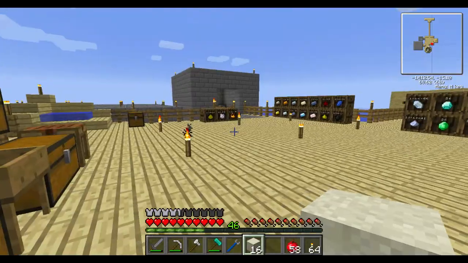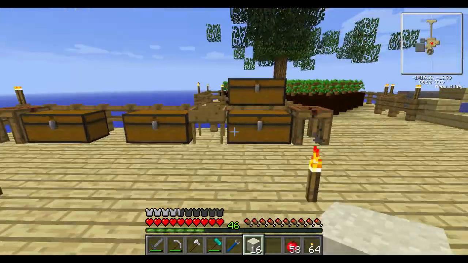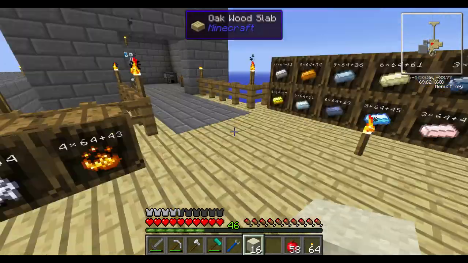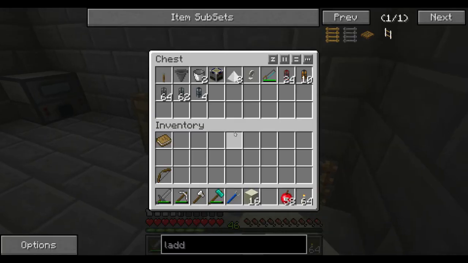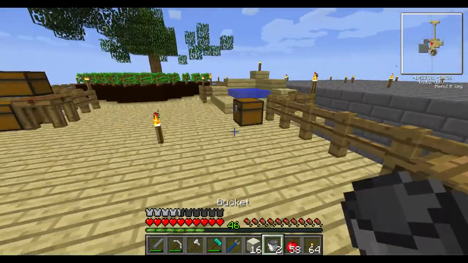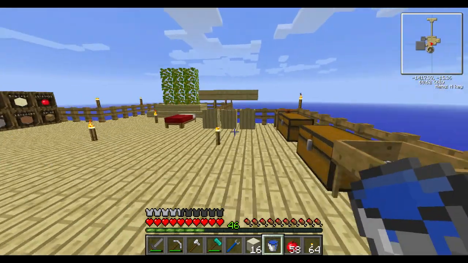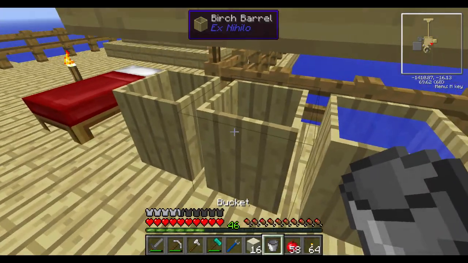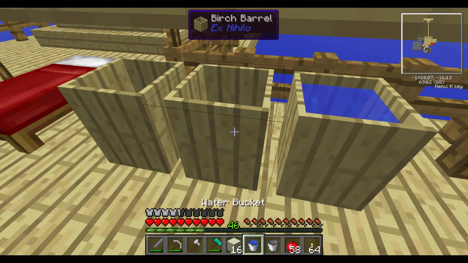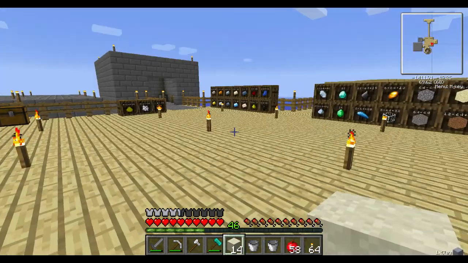I should have a bucket around here somewhere. Where is my bucket? Maybe it's over here. There it is. 2 buckets. I actually need some clay. So, I mean, we've made clay before. It's pretty easy. I just go and fill up a barrel full of water and throw in some dust. So I'm going to make a little bit of clay,